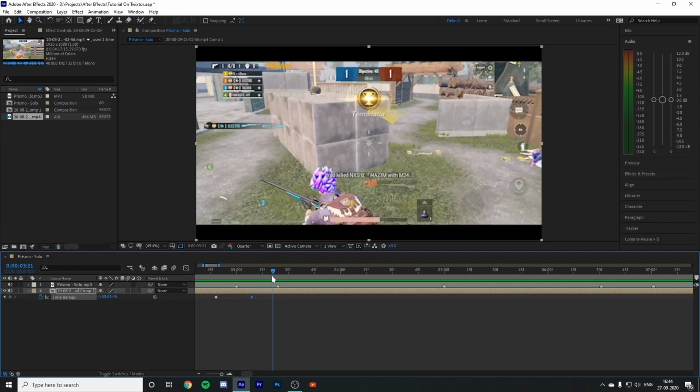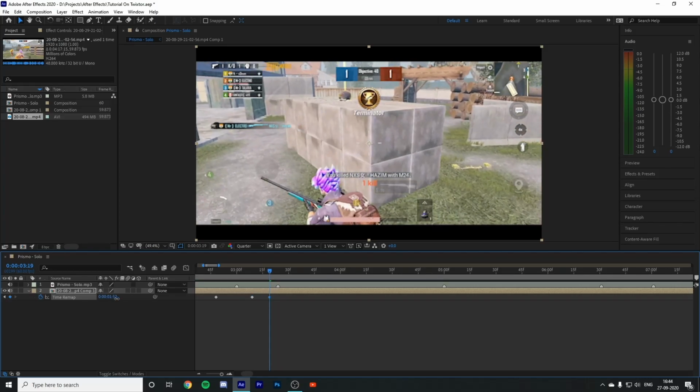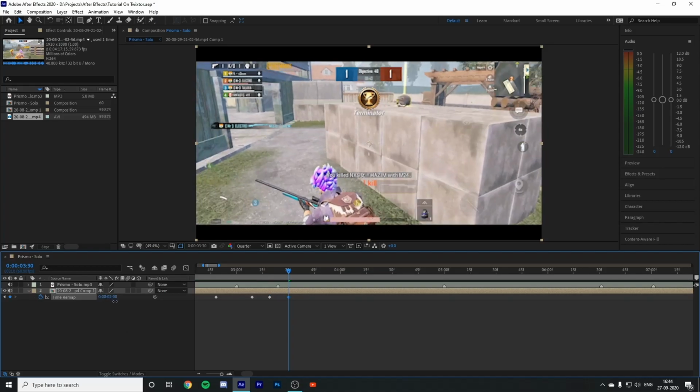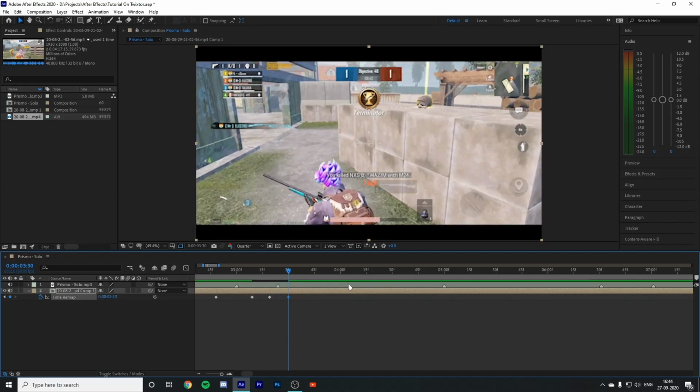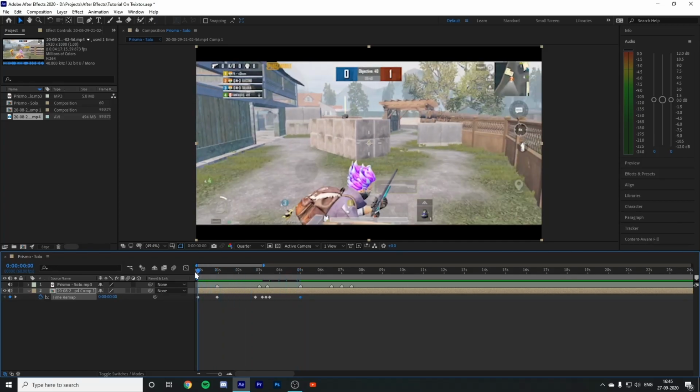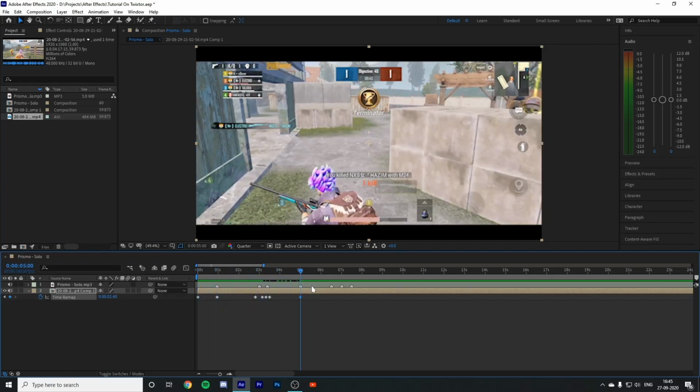I'm gonna place the keyframe over here and I'll make him move a bit further slowly, and after this another keyframe over here where he moves somewhat a bit forward, and at this particular keyframe I'll make him slowly go to this key point. This is how we should time remap. After this I'll end this.